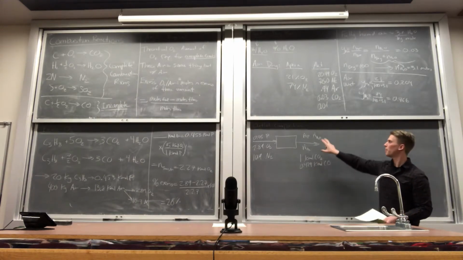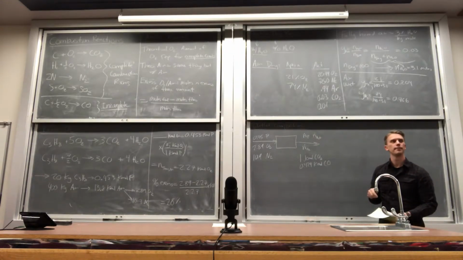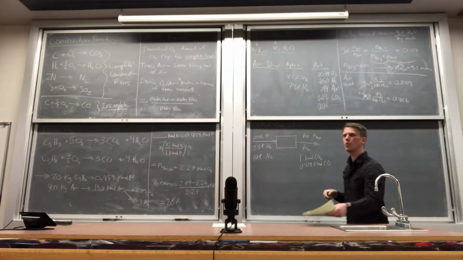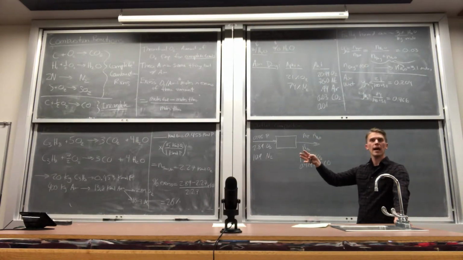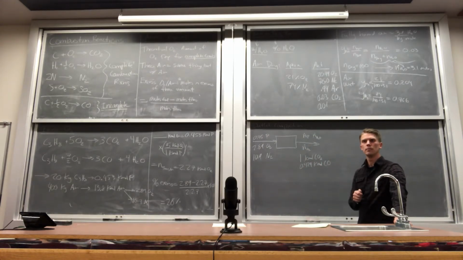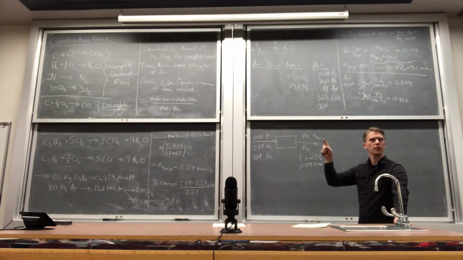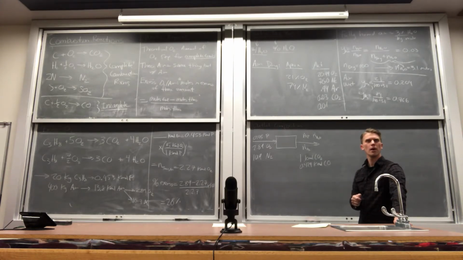So let's say we measured partially the outlet stream. And so what we're going to do is balance this whole process. What do we think is the best tool to balance this out? We have extent of reaction, we have atom balances, and we have molecule balances. What should we use? Extent of reaction. So I have one vote for extent. Do we have any other votes for other techniques? Atom balance. Does anyone recommend a molecule balance? No. I would not recommend molecule.